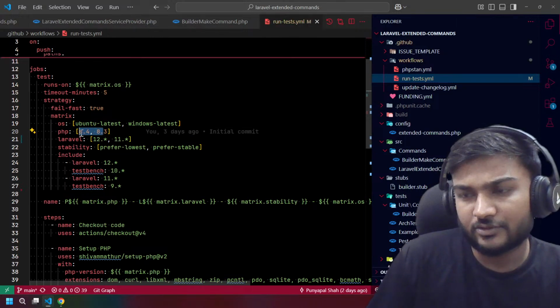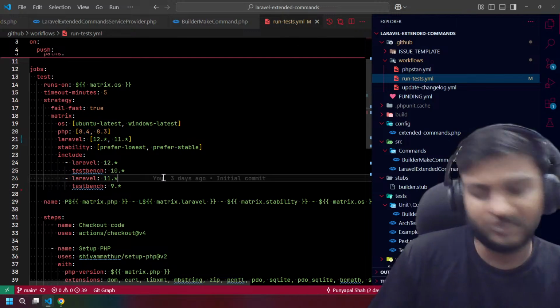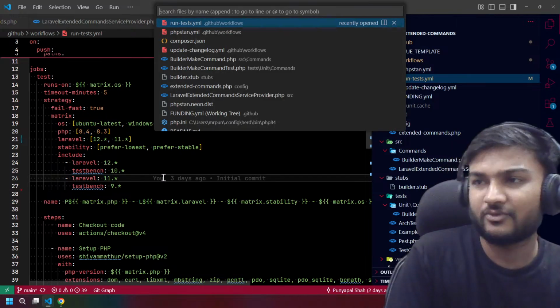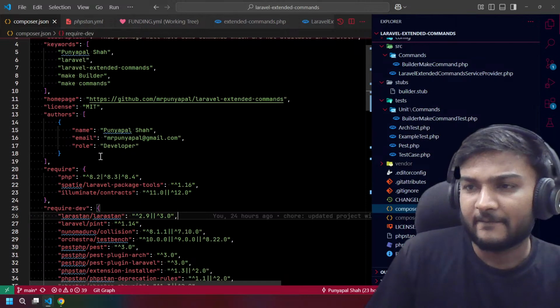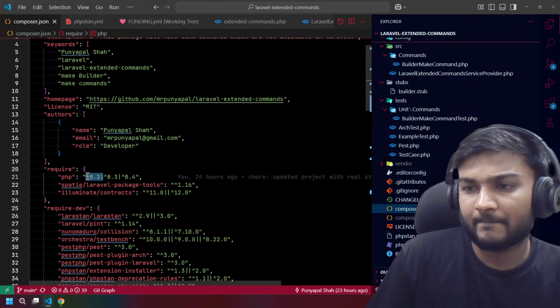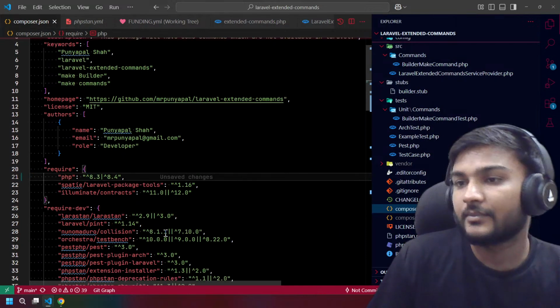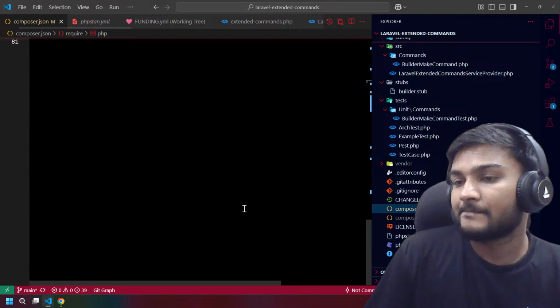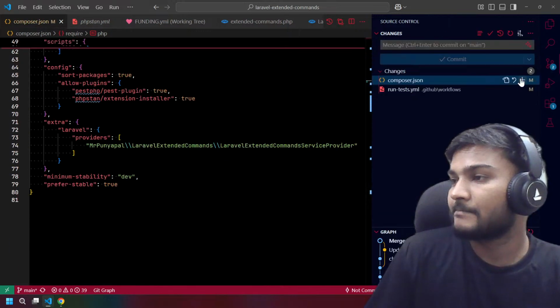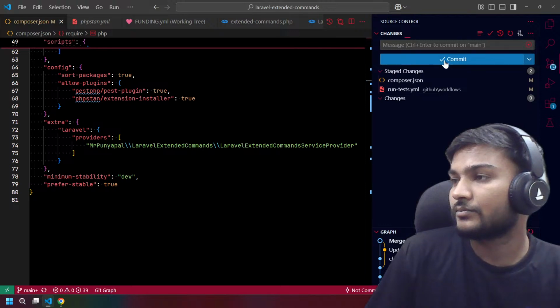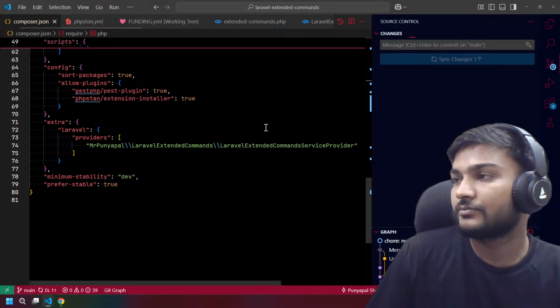It is saying that we can also remove PHP 8.2 from the composer.json. We don't need it. That's good.